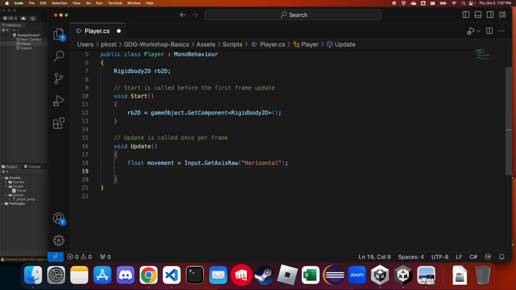So I want to check this, right? If my movement is less than 0, so in this case I'm moving left, then what I will do actually, no, I don't need this right now. We actually don't need to check this, so I'll just get rid of it. Because what we could do is